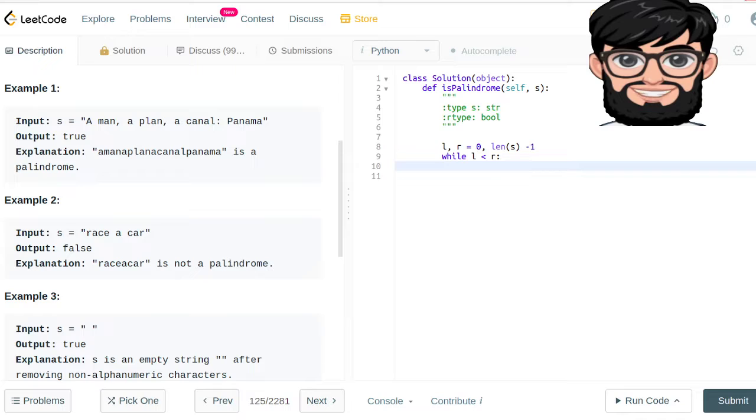we're going to ignore characters that aren't alphanumeric. If we talk about the character pointed to by the left pointer, if it is not alphanumeric, we're just going to keep incrementing left. So while left is again less than right,